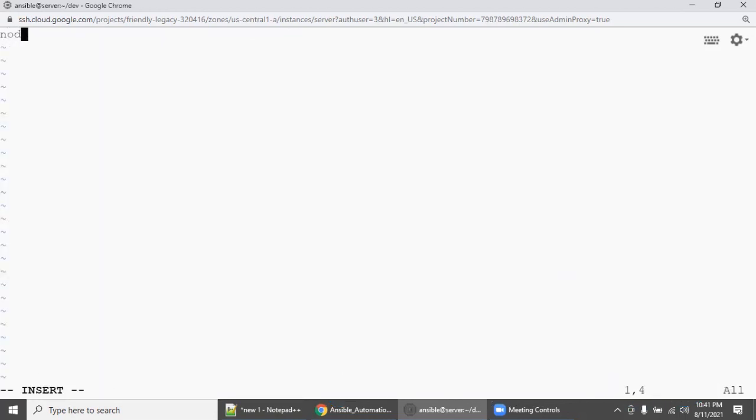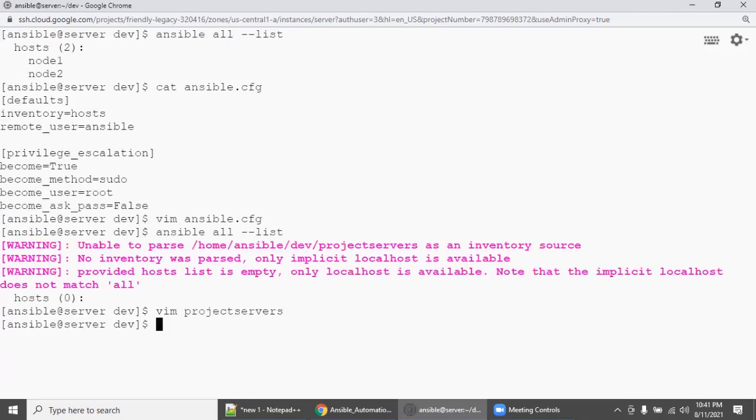We'll do one thing: node 1 and node 2 without grouping, right? And also we can create a group called production and assign node 1 to the production group, and create a group called dev and assign node 2. Since we have two machines, we will play across these two clients. Let's save it. If I run the same command now, it will work.